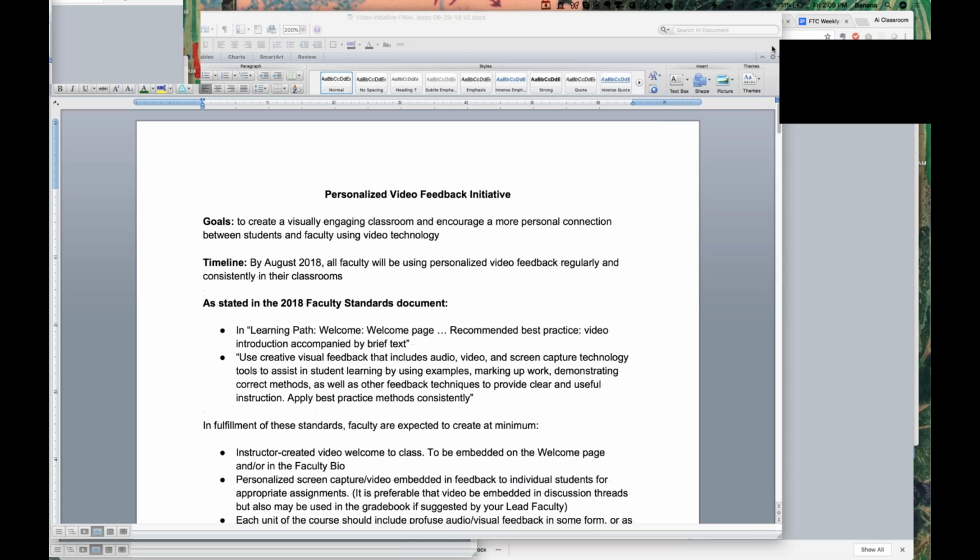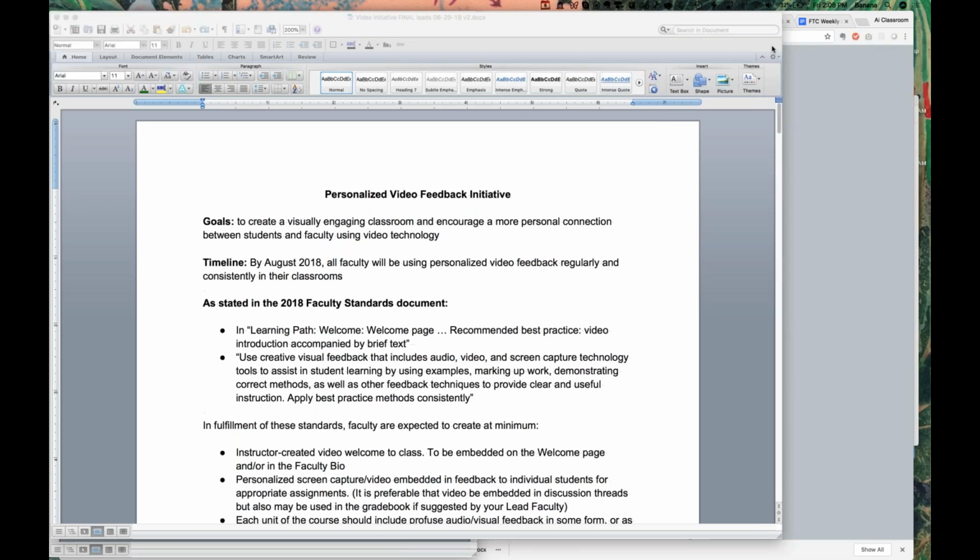But the more you get into it and get comfortable with it, the easier it's going to be. And by August, for those of you teaching some July classes, you'll get to exercise your muscles in that area. But by August, we're anticipating everyone's going to be increasingly comfortable with doing this and providing this